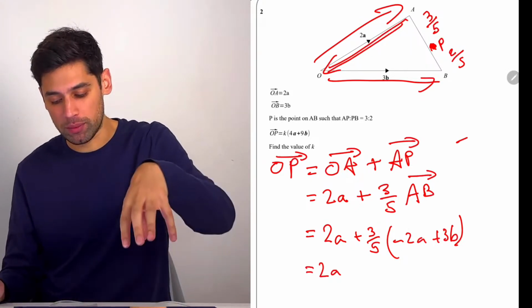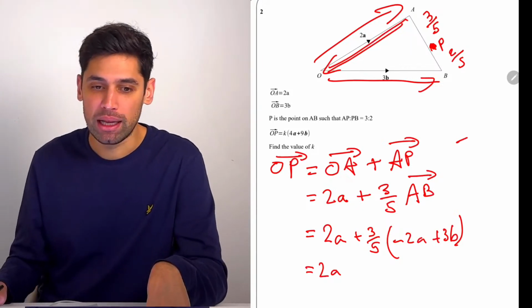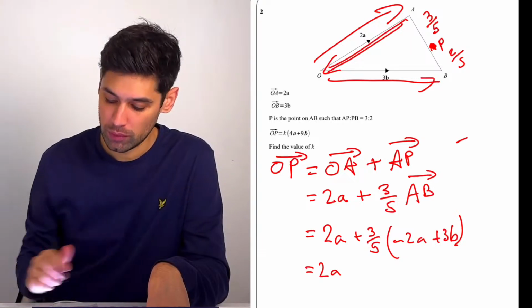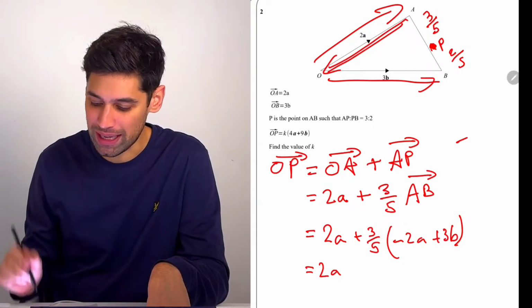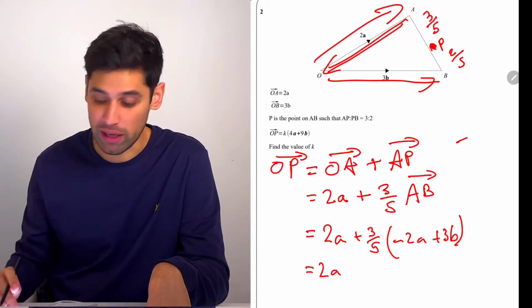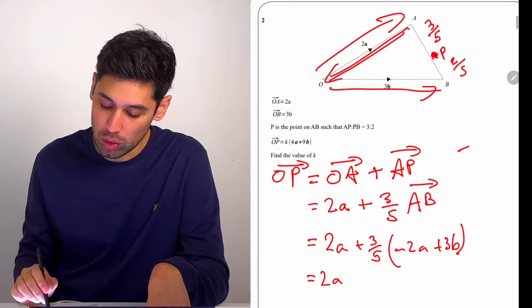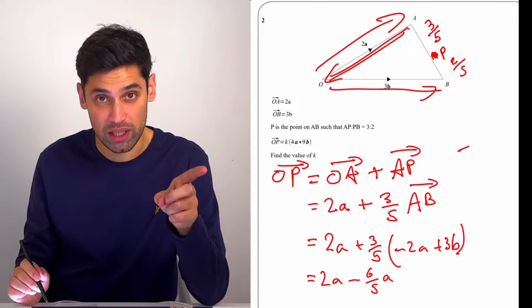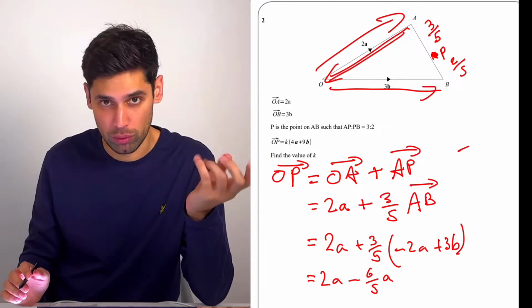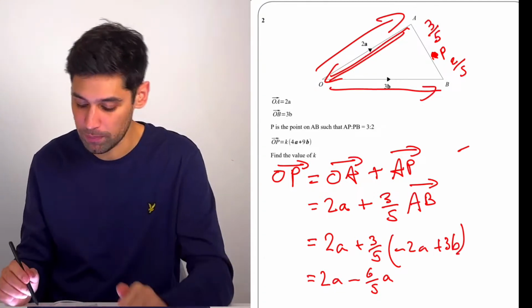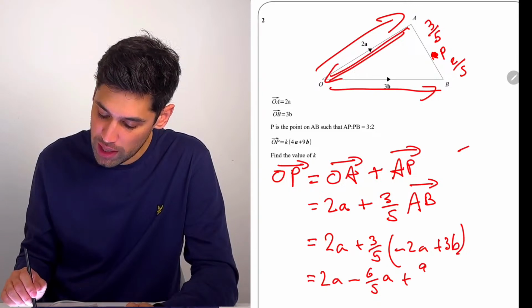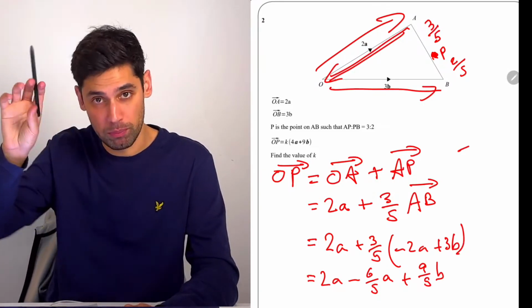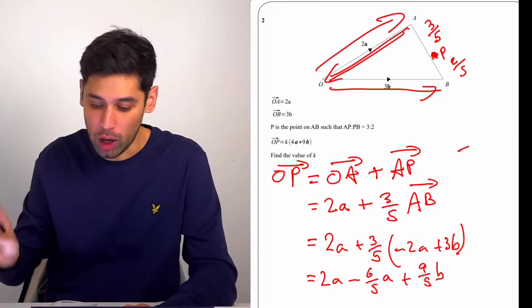A lot of people struggle when it comes to timesing fractions with numbers. But if you have a number multiplying a fraction, you just times the number to the top of the fraction. Because this -2 is the same as just -2/1. We just don't ever write the over 1. So this is going to give minus 6/5 of A, because 3 times -2 is -6. So 3/5 times -2 is -6/5. Plus 9/5B. Once again, because 3/5 times 3, we times the integer value of 3 on the top of the fraction